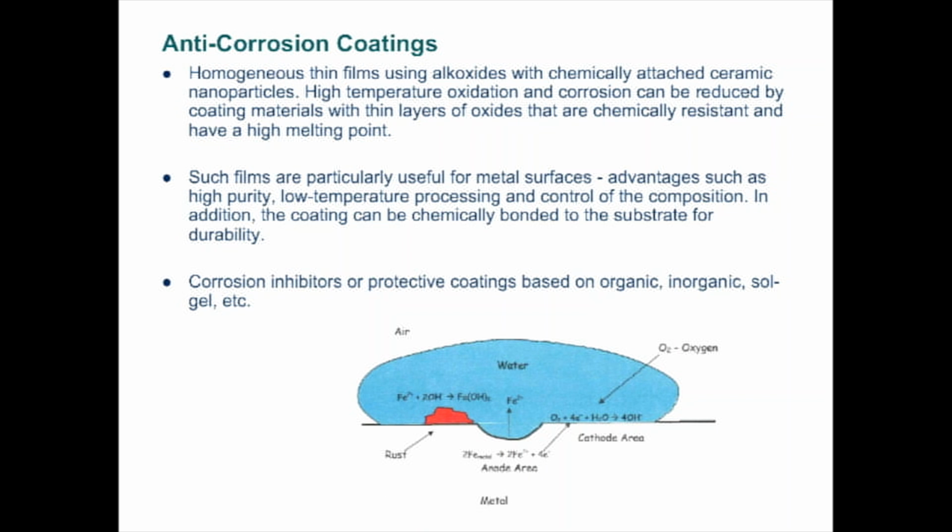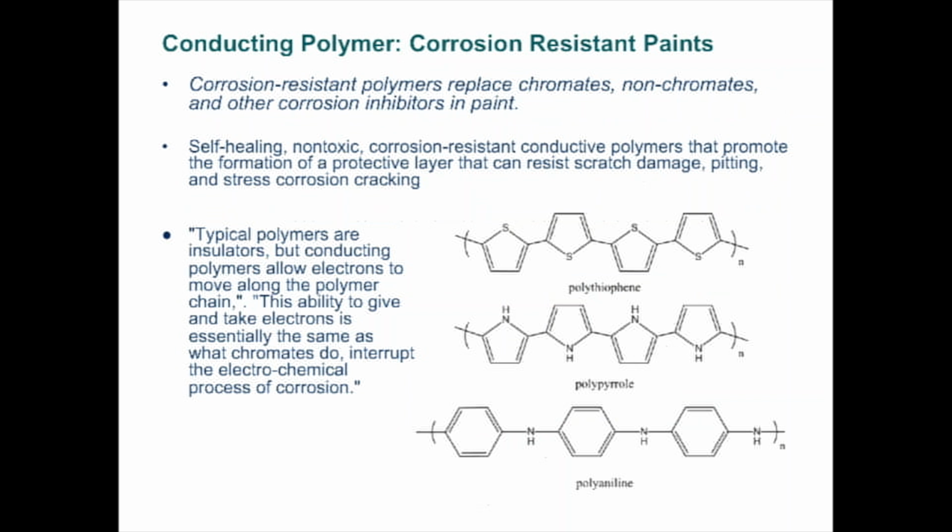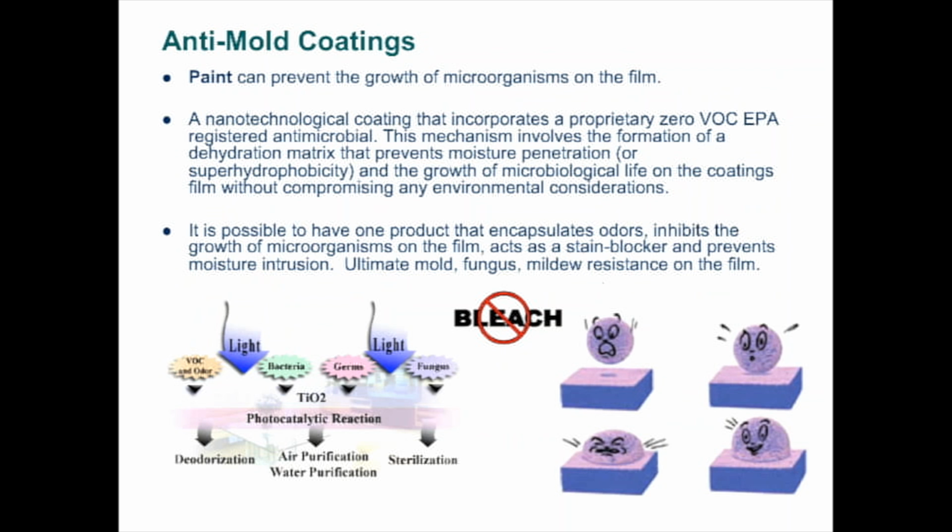Anti-corrosion coatings, as I mentioned, comes from additives or protective sealant behavior that prevents the corrodant from entering the surface. So basically, a steel surface is always amenable to oxidation in the presence of water and oxygen, forming rust. Other types of ingredients for preventing corrosion, for example, involves the use of conducting polymers, as shown here. Antibacterial, anti-mold coatings,